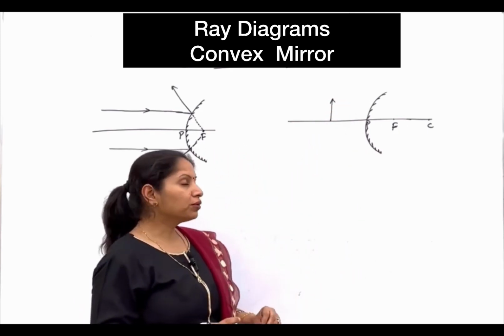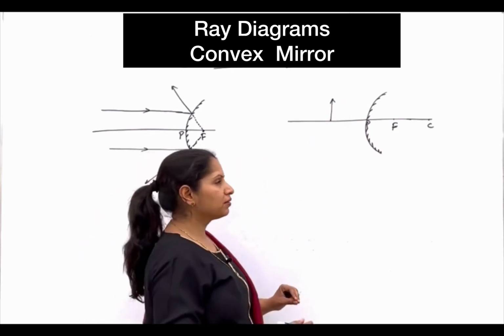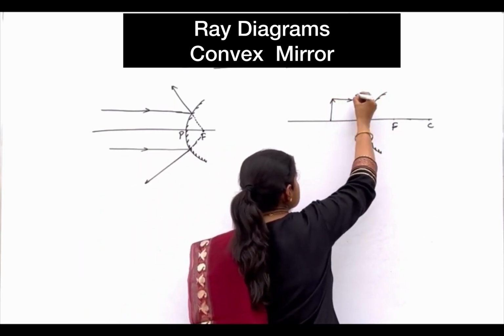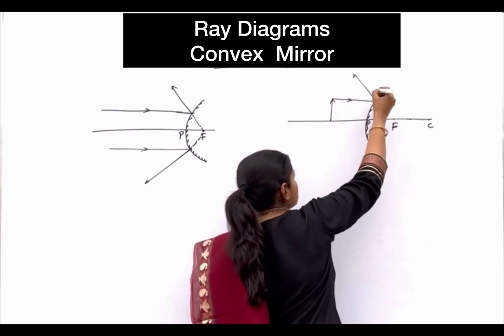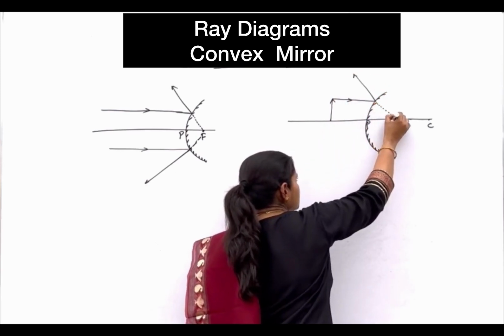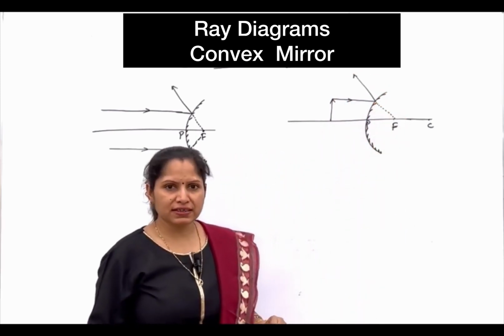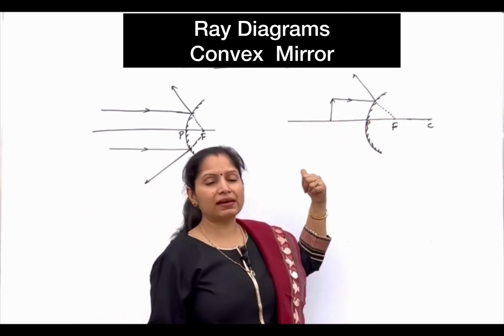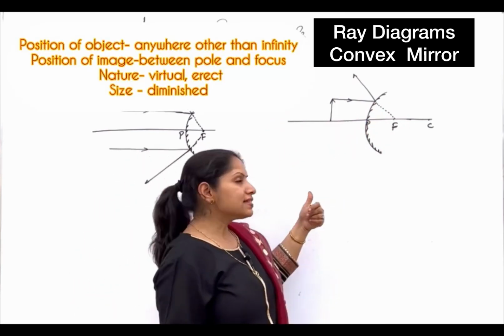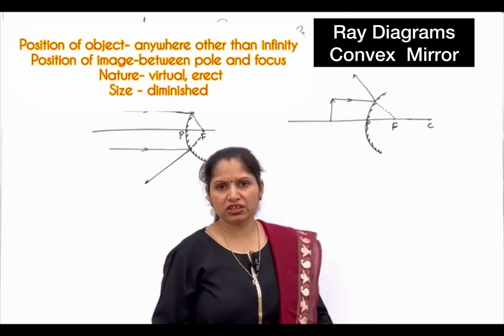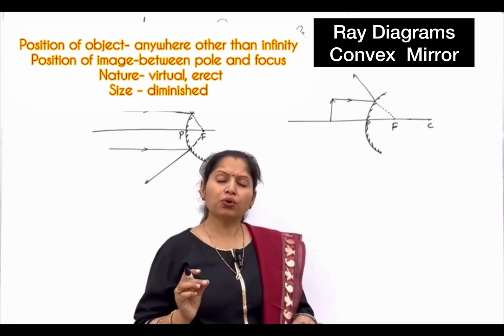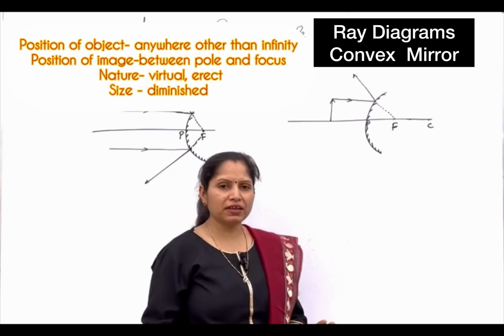Now, what could be the image? One of the rays that is coming parallel to the principal axis, after reflection diverges off, appears to be coming from focus. सेकेंड रे ऑफ लाइट आप फोकस की तरफ ला सकते हो और फिर पैरेलल रिफ्लेक्ट करवा सकते हो. सेकेंड रे ऑफ लाइट आप सेंटर ऑफ कर्वेचर की तरफ भी ला सकते हो. इट्स टोटली योर चॉइस. आप चारों रूल्स में से कोई भी दो रूल्स यूज कर सकते हो,